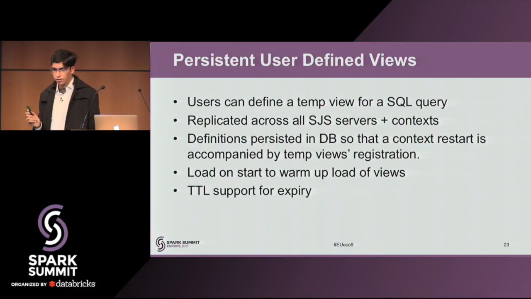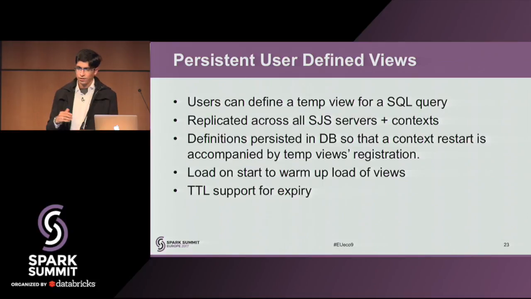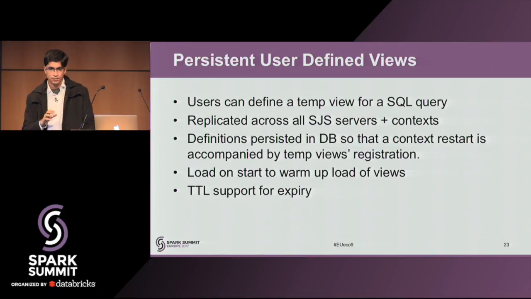Then we also added, with phase 2, support for persistent user views. What that means is that in phase 1, you had an interpreter that would be tied to a context. So if a user wants to register an alias for a query, it would be registered on that query context itself, right? But the users who are querying against other contexts would not be able to see that